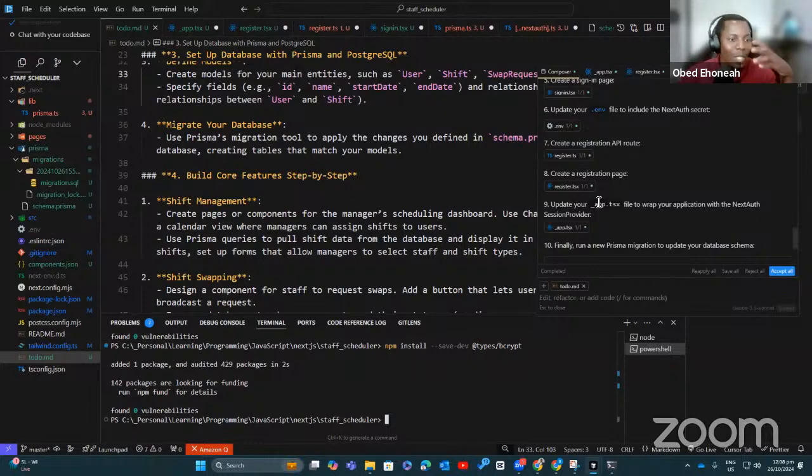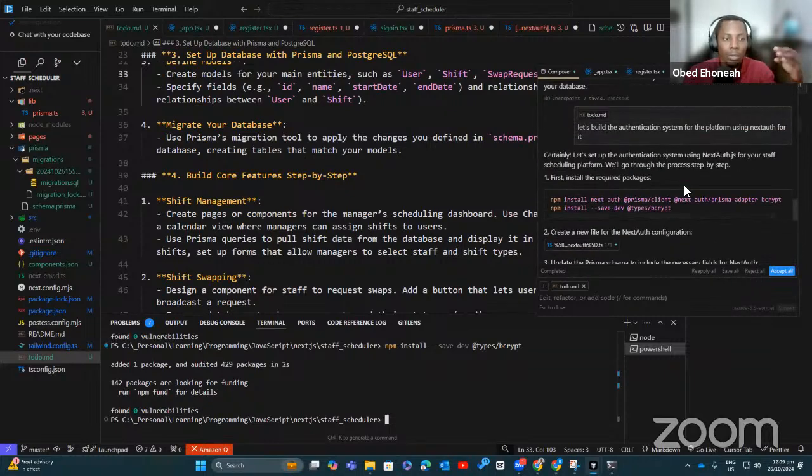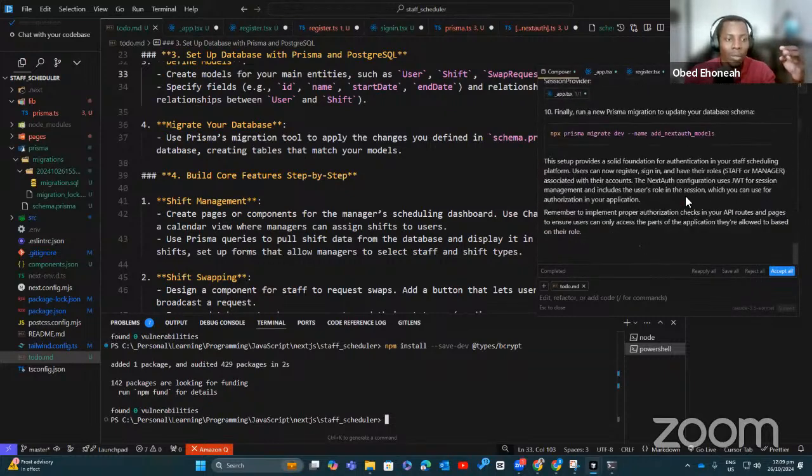So we are using app router. There's a difference between the app router and the page router for Next.js. And now the recommended one is the app router. So sometimes you need to prompt the AI that you're using the app router, because the approach it has used here, the files it has created and things are not what you really want to use if you're using the app router.